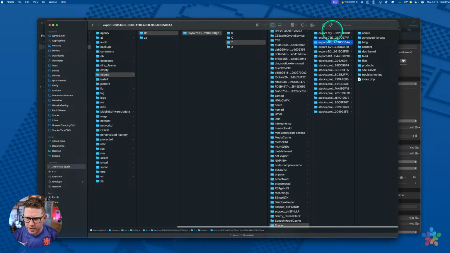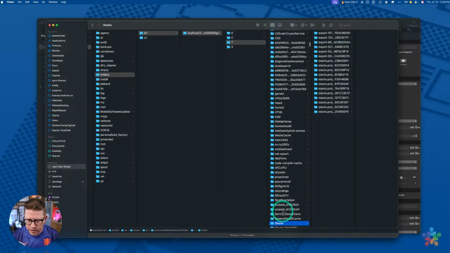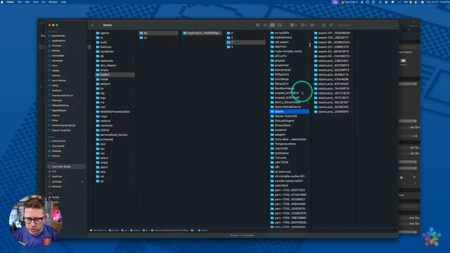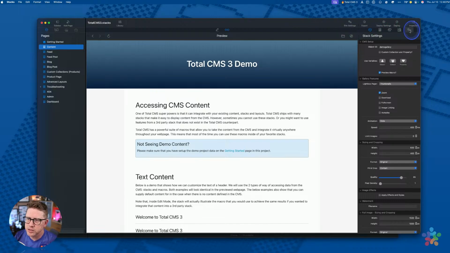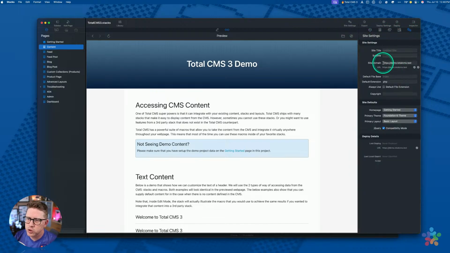And if you go up, I know a lot of these folders look like gibberish, okay? But if you notice here, there's a Stacks folder, okay? And if we just scroll down a little bit, right below the Stacks folder is a Stacks Total CMS folder, okay? And guess what's inside there? There is a data folder created for every project that you have, okay? So this particular project file, if we look at the site settings here, we'll see that the domain here is